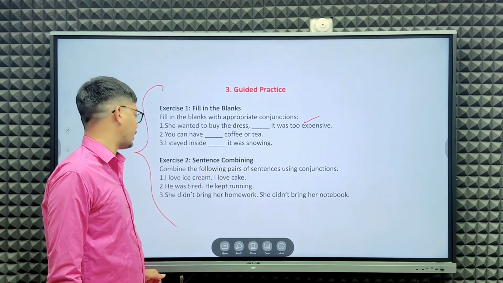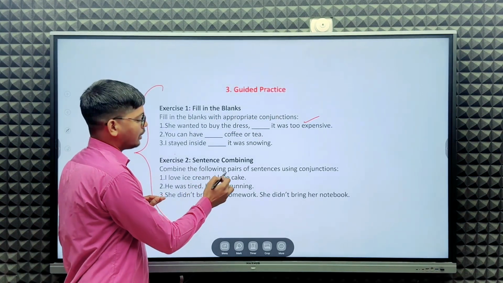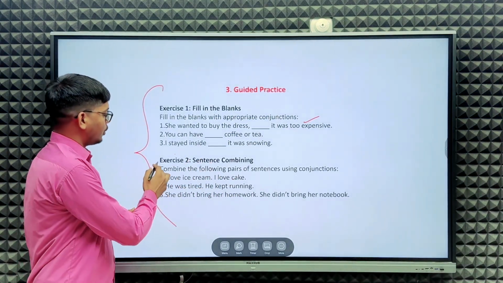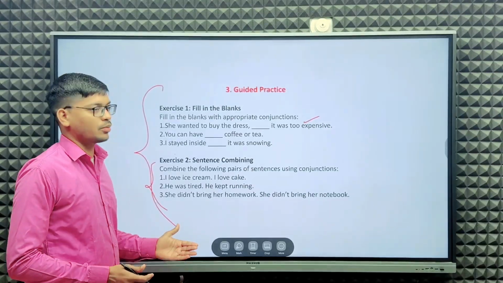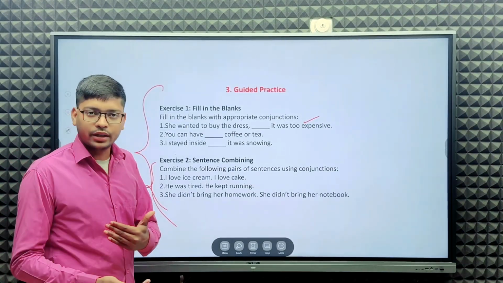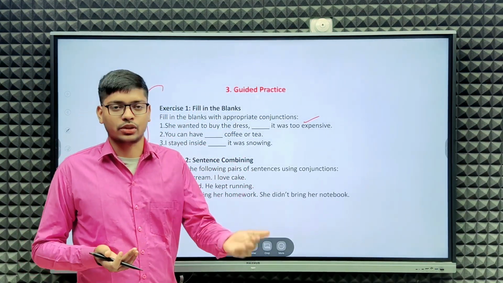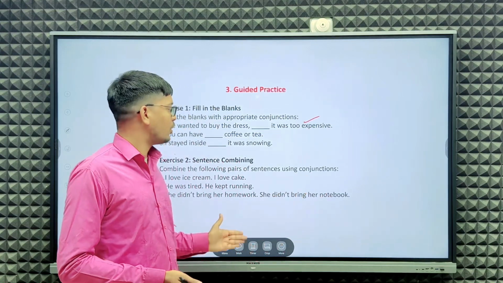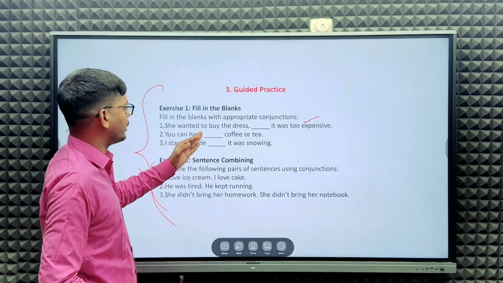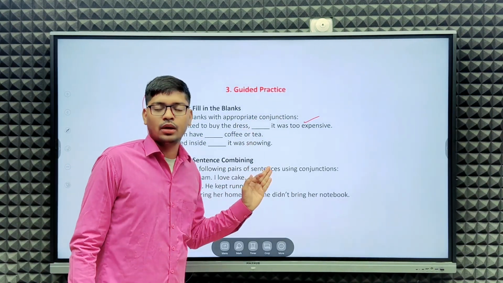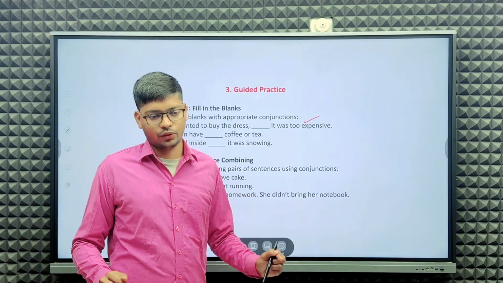Next, sentence combining. There are sentences here: I love ice cream. I love cake. You can easily combine these sentences with subordinating, coordinating or correlative conjunctions, and fill in the blanks. Okay, so if you have any kind of doubt,